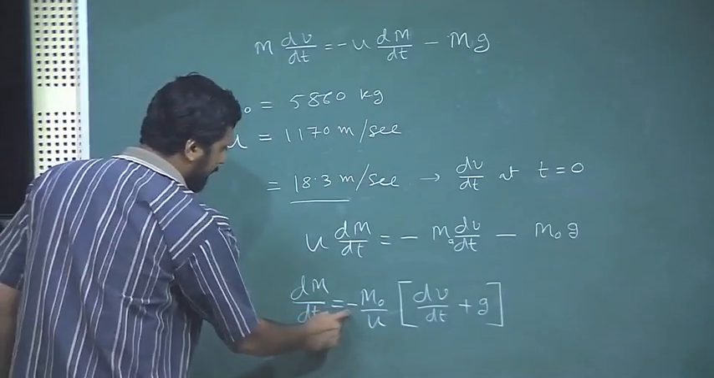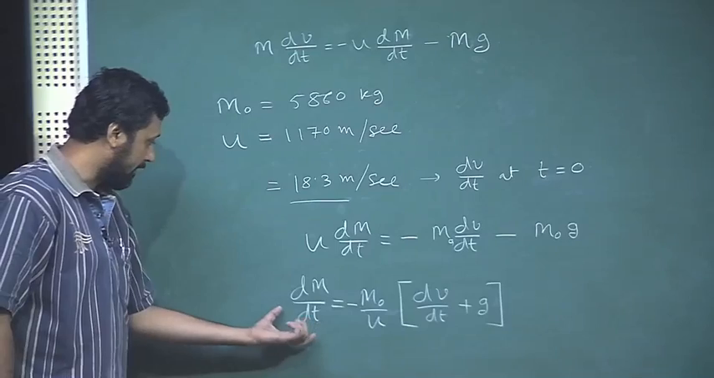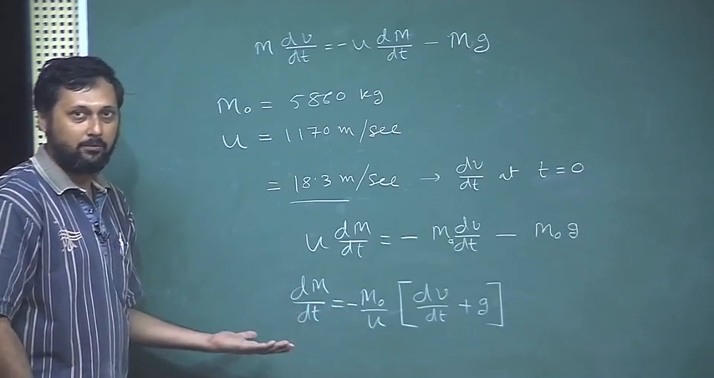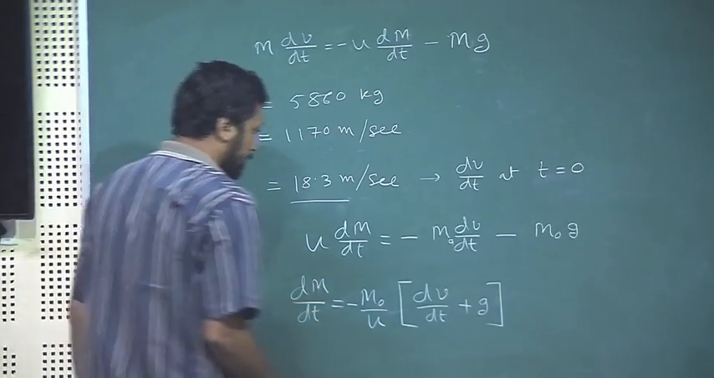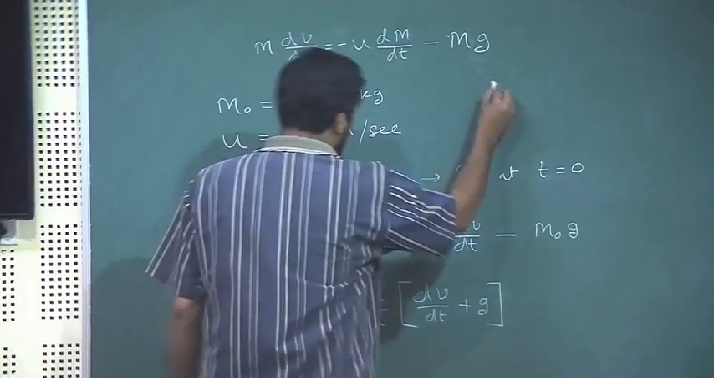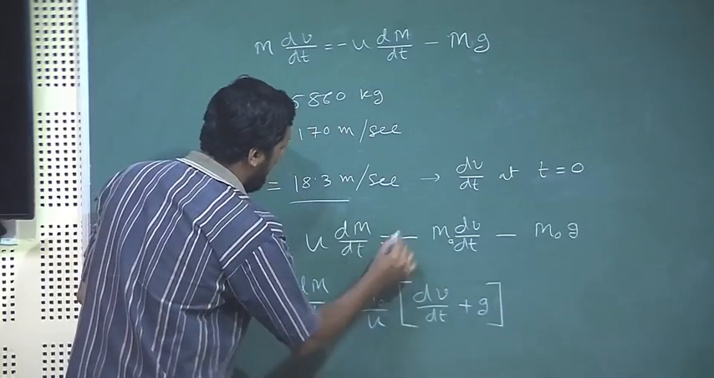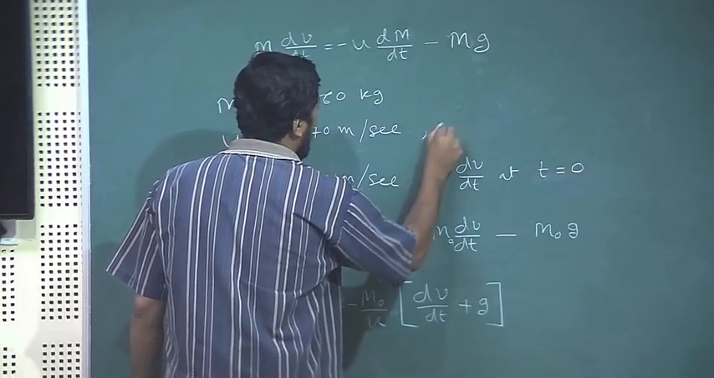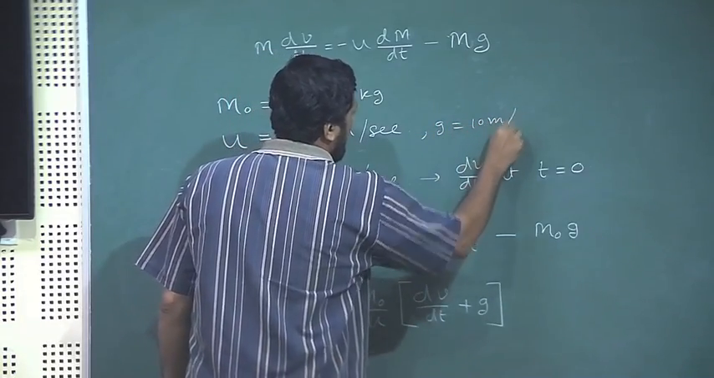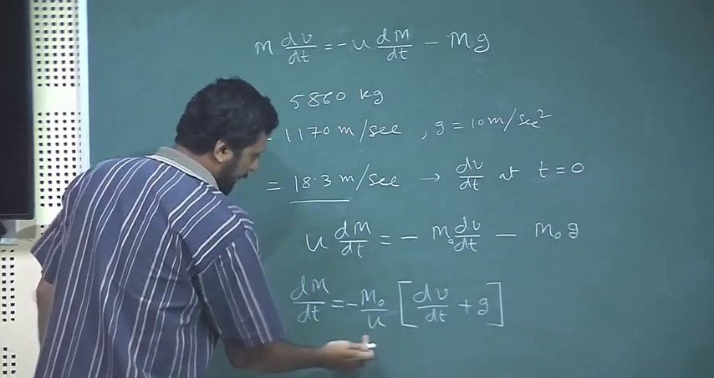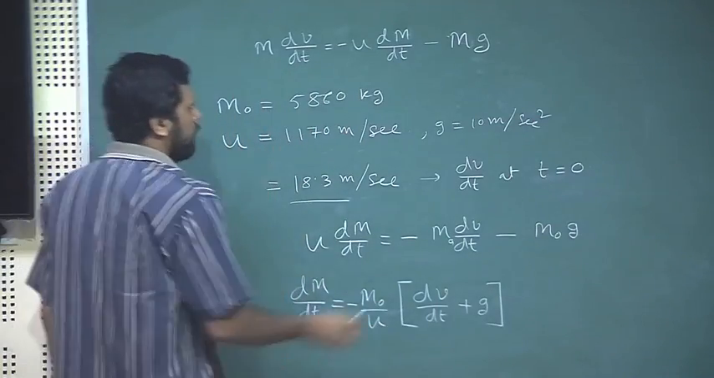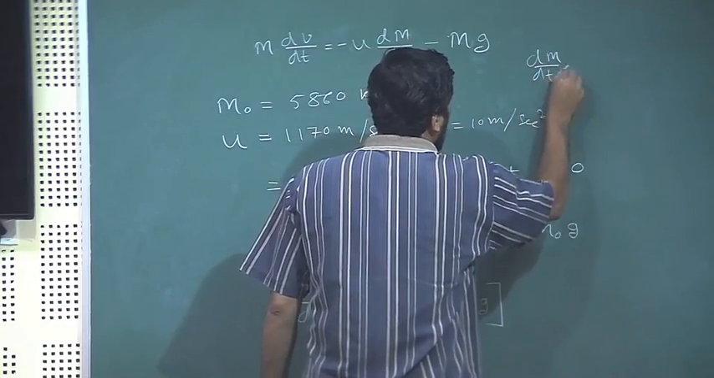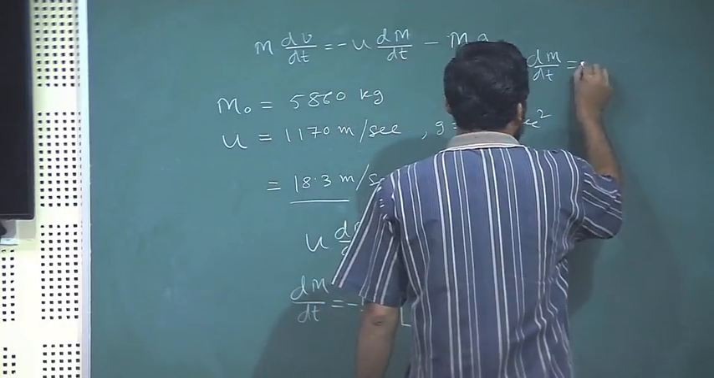So, this minus sign is not terribly important, because we are finally calculating a number, we just want the number, and this minus sign comes because dm/dt has to be negative. Okay. Now, if we put the values here, in this equation we will just put the value of dv/dt which is given, g we can take equal to 10 meters per second square, and m0 and u we already know. So, when we put these numbers in, we get dm/dt to be equal to, with a minus sign,